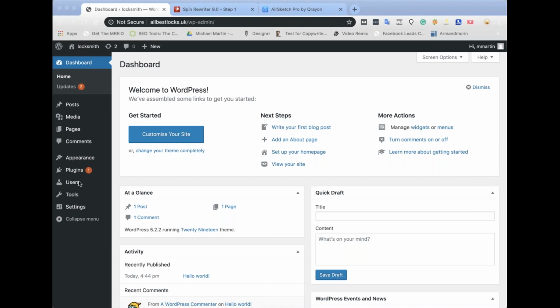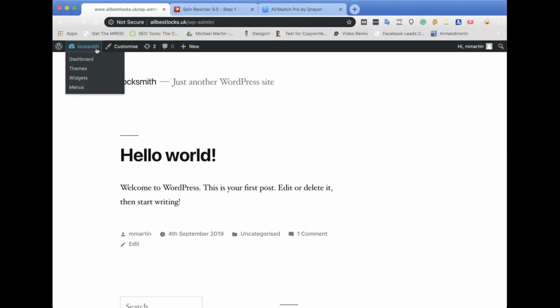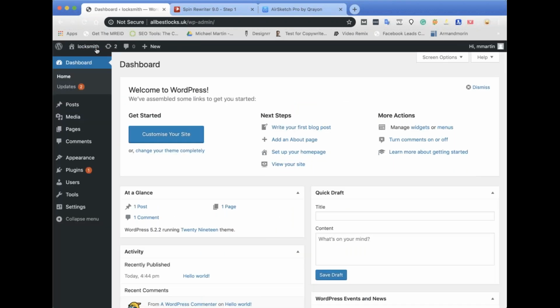Right, so this is a brand spanking new website, fresh install of WordPress here. Nothing's ever been done on it before. I installed it today, called it Locksmith, and I'm going to install the WordPress Magic Page plugin from scratch and just run through it all with you. So first thing you do is go over to plugins,